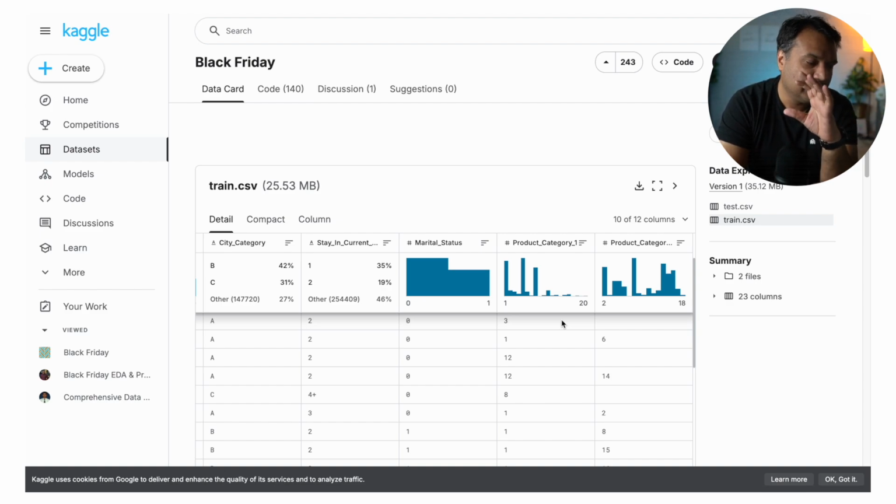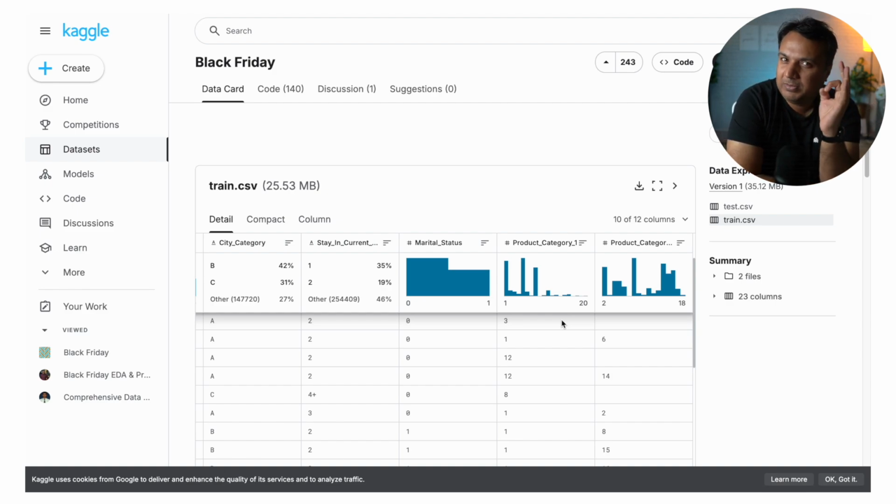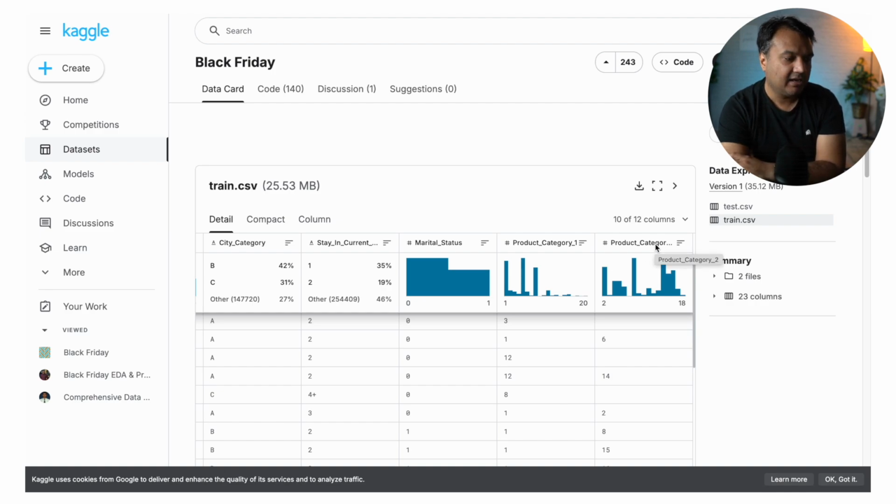So there is a product category which is assigned to every product. And as with a lot of products, it's possible that one product does not fully belong to just one category. That is why they have product category 2, and I think there's a product category 3 as well.